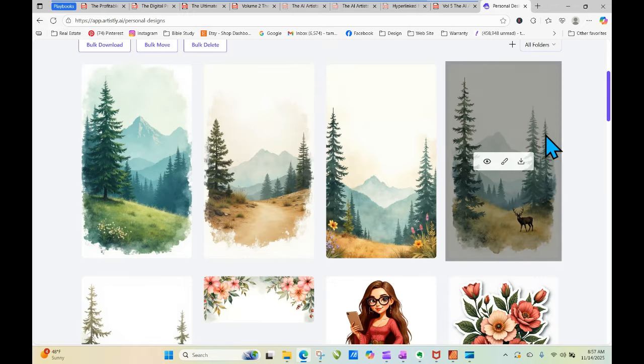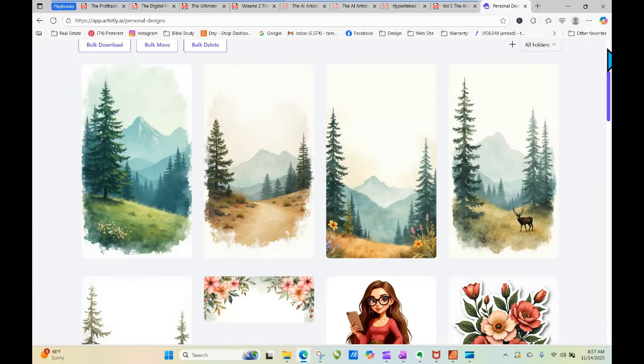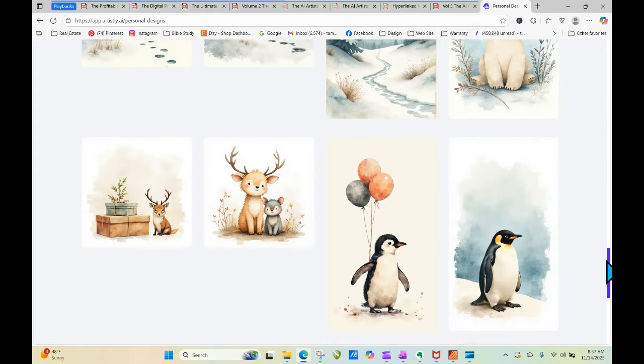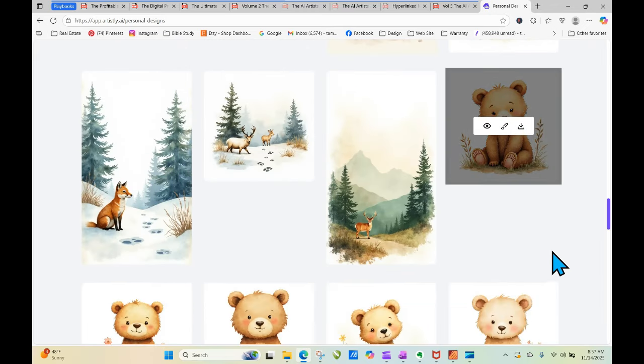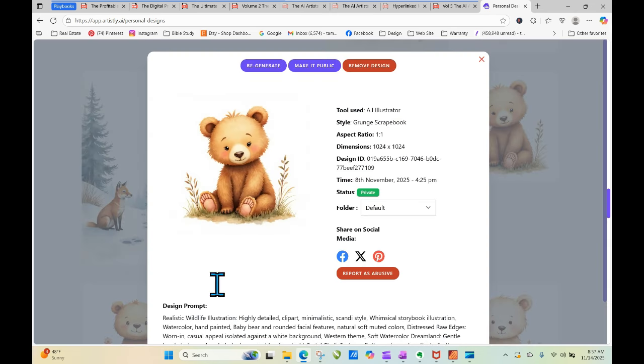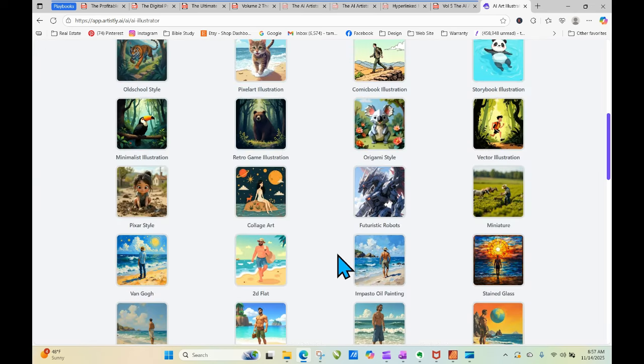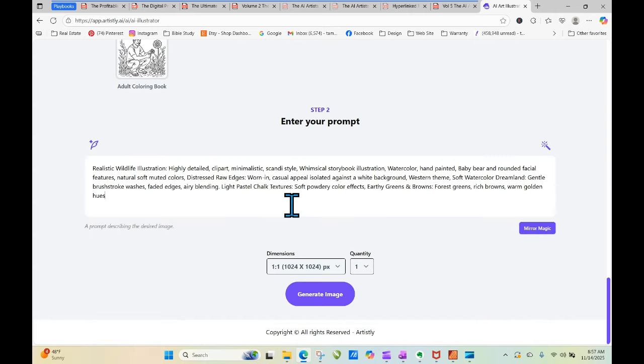Okay, so now let's apply some of this same concept to another subject. Let's just say we want to do this teddy bear. Okay, so we've got the teddy bear. And let's just say he's a baby bear, with facial features, okay. And we want him to be wearing,